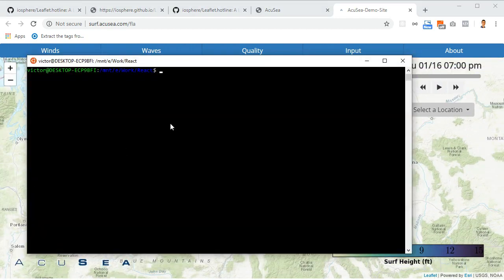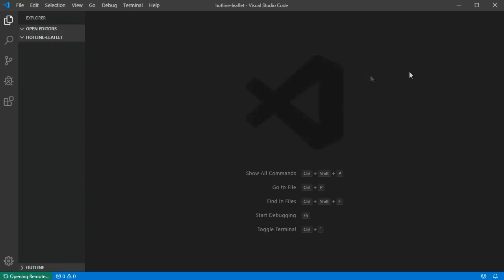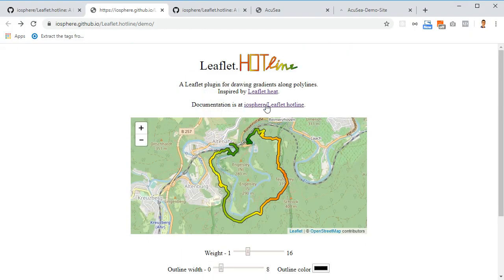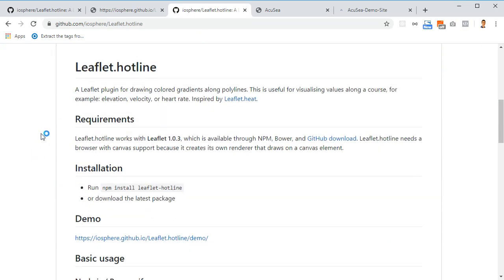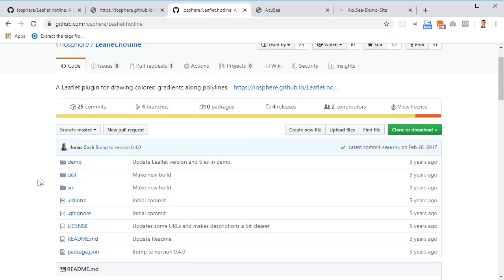I'm gonna create a folder, Hotline Leaflet, and I'm gonna open it. Alright, and then here I'm gonna open my VS Code. So I found the library right here, which is the Hotline library for Leaflet. Alright, and I have a GitHub repository, and I opened it right here. And you can find more information about how to install it using Node.js, if you want to use Node.js, there's the demo URL. But from here, I just want to get the library, the Hotline library, and I think